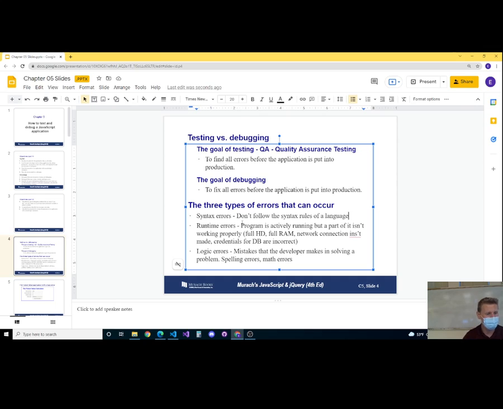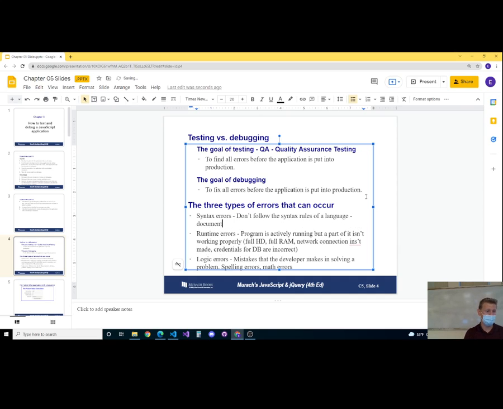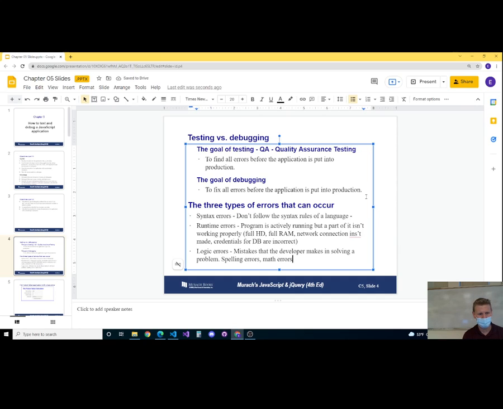So math errors, spelling errors, the rules of the language. Spelling errors are interesting because you could also interpret a spelling error as a syntax error, right? So the object document is supposed to be lowercase, right? And there's a difference between document and Document, capital D, right? I'm going to stick with logic error because even then, that's incorrect logic. It's lowercase d on the developer. Okay, those are the three kinds of errors that are common